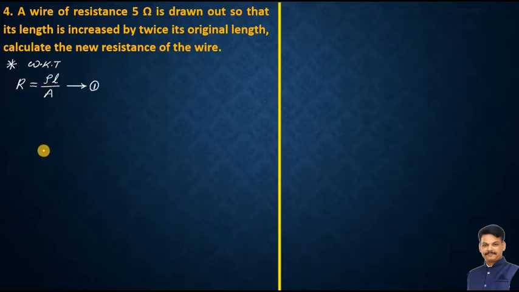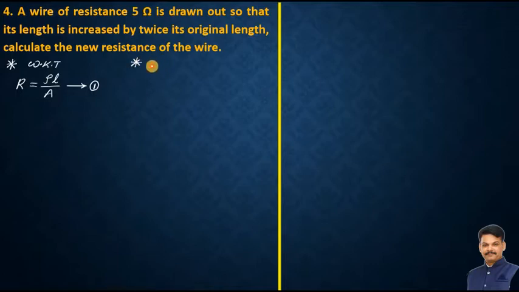Okay, but directly we cannot make any change here, or I cannot consider only the resistance and length according to the given problem. No. So I have to modify this formula in terms of only resistance and length by eliminating this area of cross section. Then how to do that particular work? For that I need some help of the basic knowledge.